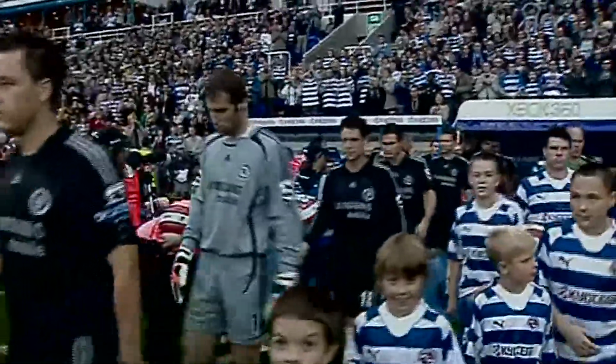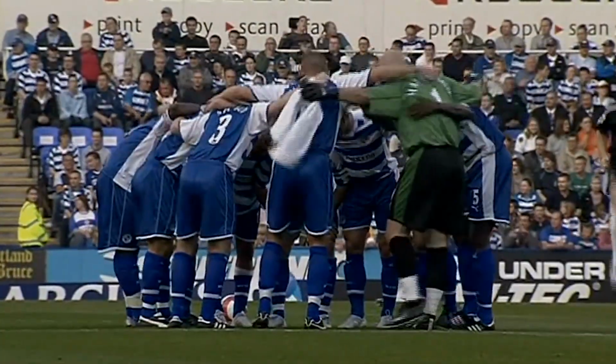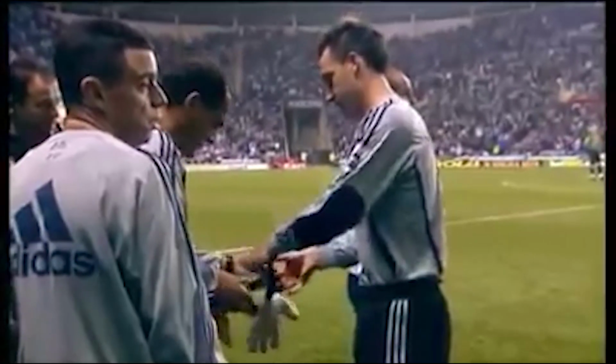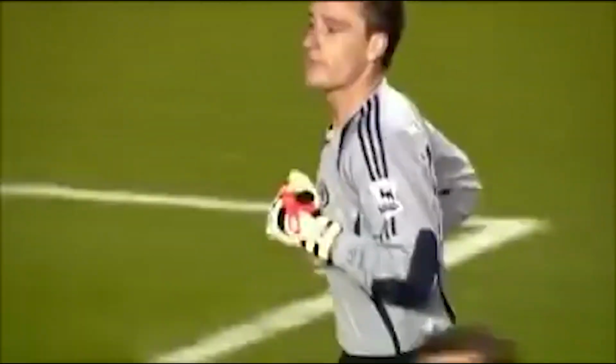At number 4, back in 2006, when Chelsea played against Reading in the Premier League, Chelsea had 2 goalkeepers, Cech and Cudicini, but both of them got injured and had to go off. Chelsea had no more goalkeepers left, so their captain, John Terry, took the gloves and went in goal for the rest of the game. He did a good job and stopped Reading from scoring, but he was luckier than Rio